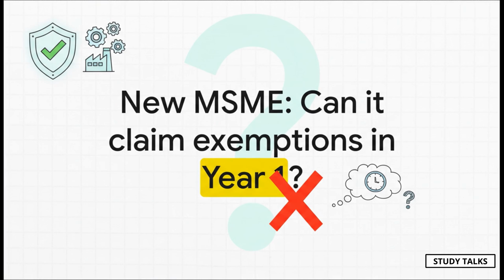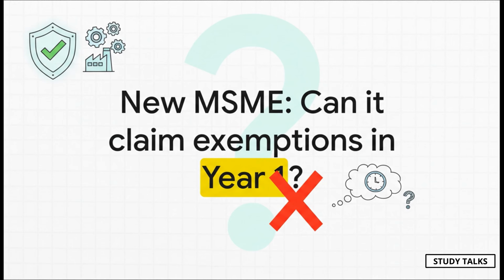So, let's dive right in with a classic exam trap. Picture this. A firm ticks all the boxes to be classified as an MSME, a micro, small, and medium-sized entity. This is the very first year it's qualified, so can it immediately start claiming all those juicy exemptions from the accounting standards? Now, your first instinct is probably to say, yeah, of course. But hold on, because that's exactly the trap ICAI loves to set. The correct answer is a big, fat no. Stick with me, and I promise I'll show you exactly why,